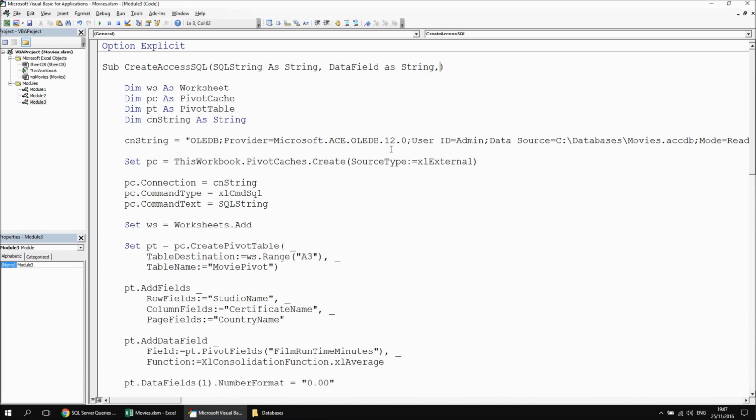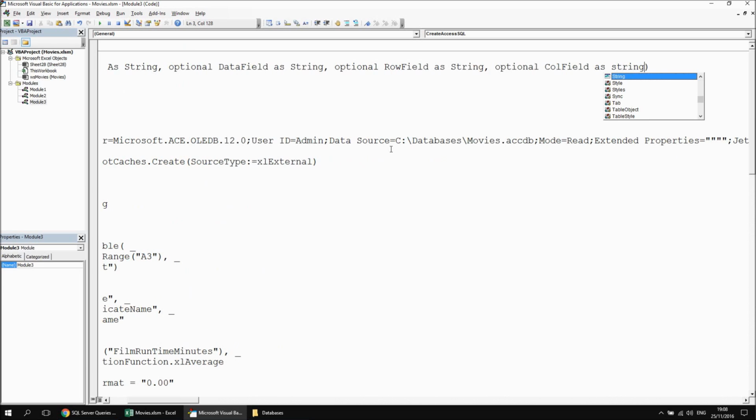We don't actually need to put any fields into the pivot table at all. If we wanted to, we could make the data field optional as well. In fact, let's just do that. I'm going to say optional data field as string, which means it will have a default value of an empty string. Then I'm going to have optional row field as string, and that will have an empty string as its default value. Then optional column field, or col field I'll call it, as string, and then finally optional